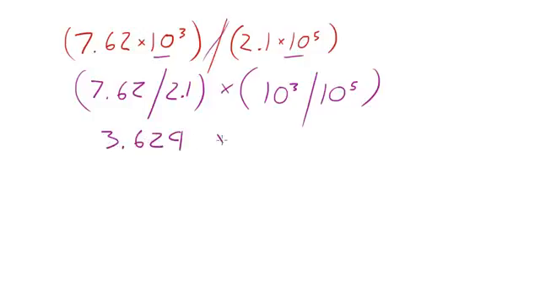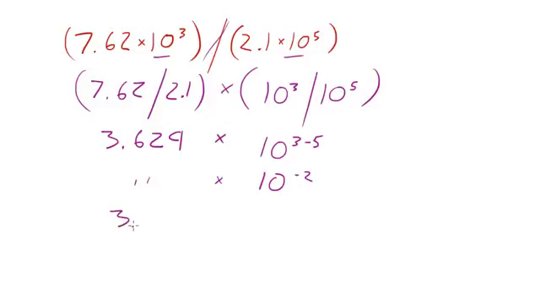3.629. Now, in order to figure out 10 to the third divided by 10 to the fifth, the shortcut for this is 10 to the 3 minus 5. Now 3 minus 5, this stays the same. 3 minus 5 is of course negative 2. So now we have